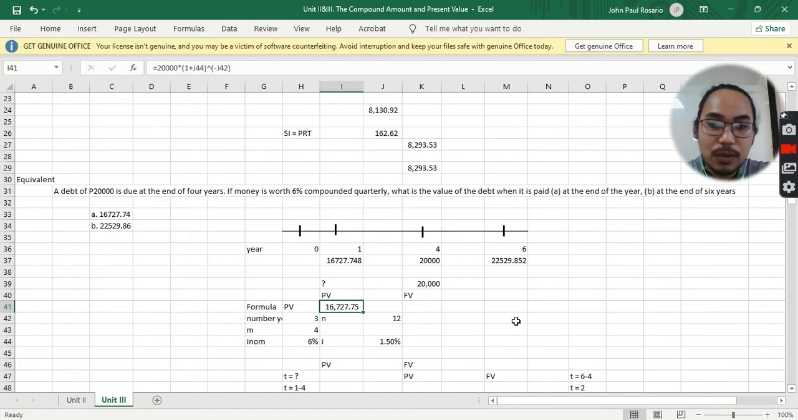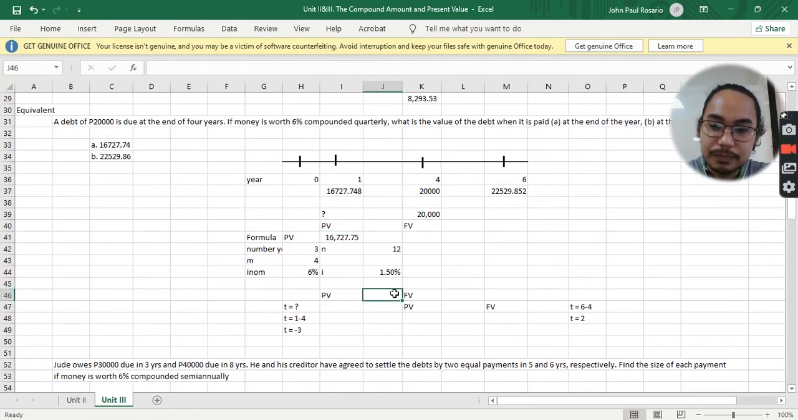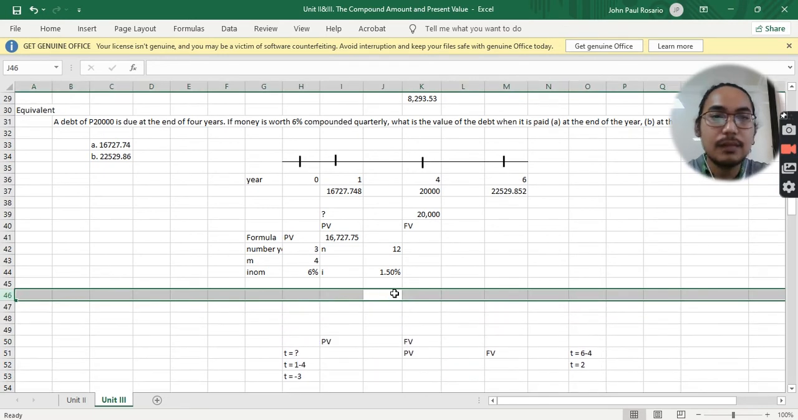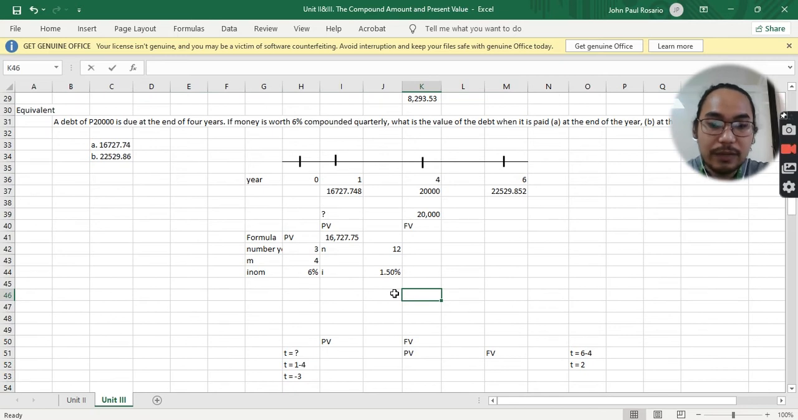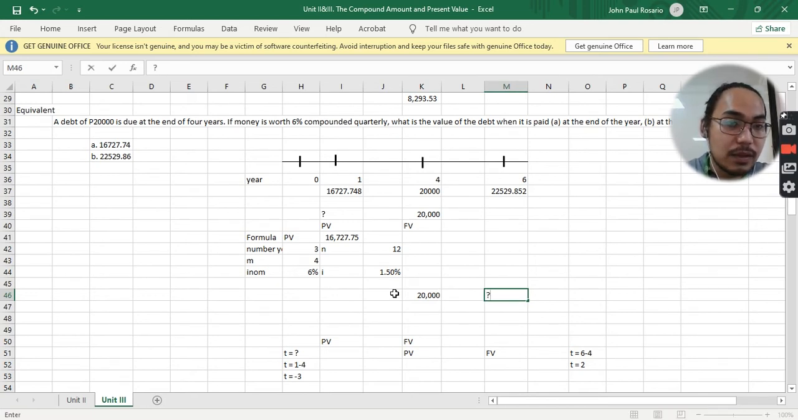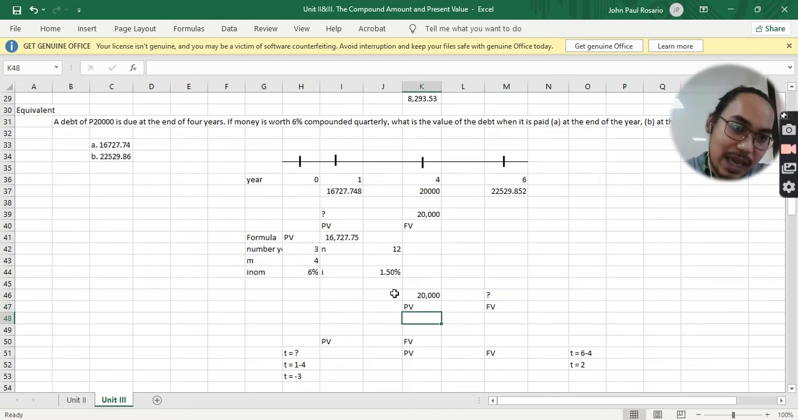Now for the second problem, what if instead of paying it on the 4th year, you delay your payment to the 6th year? So you will be paying more interest, right? In this case, we know for a fact how much the debt is worth 4 years from now, but we don't know how much it is worth for an additional 2 years. So here, our PV is known, but our future value is unknown. So in this case, we will be using as our formula